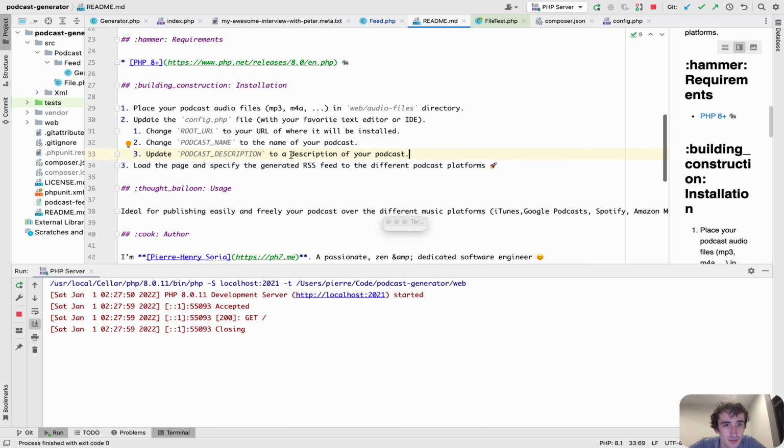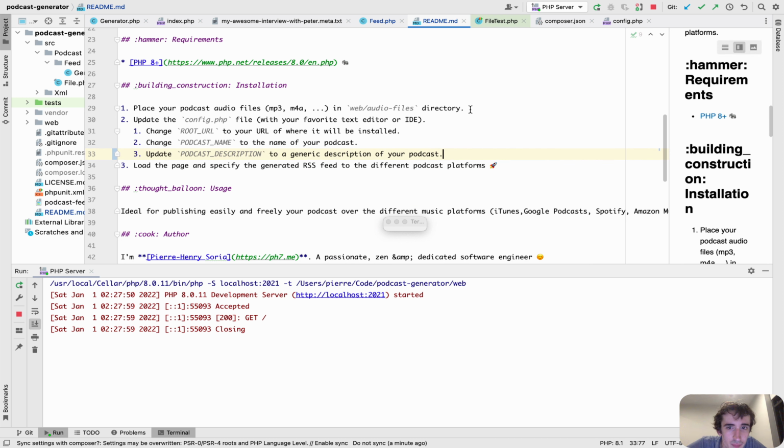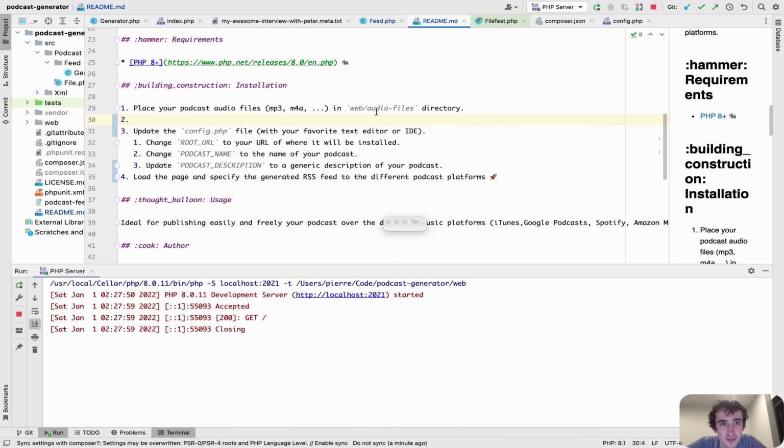So to generic, and then we'll also do add txt file with the name of your audio file, with the same name